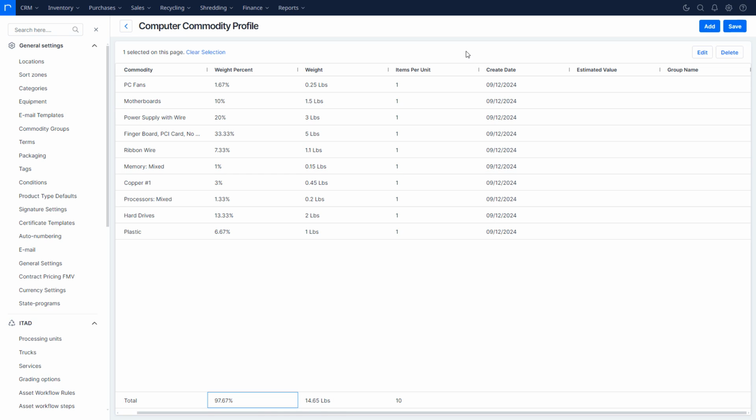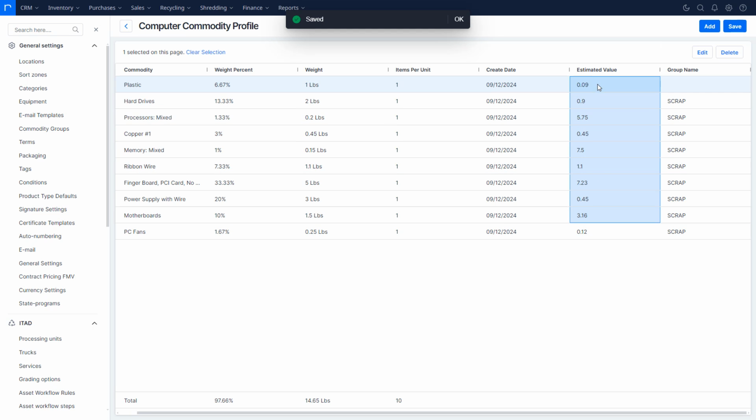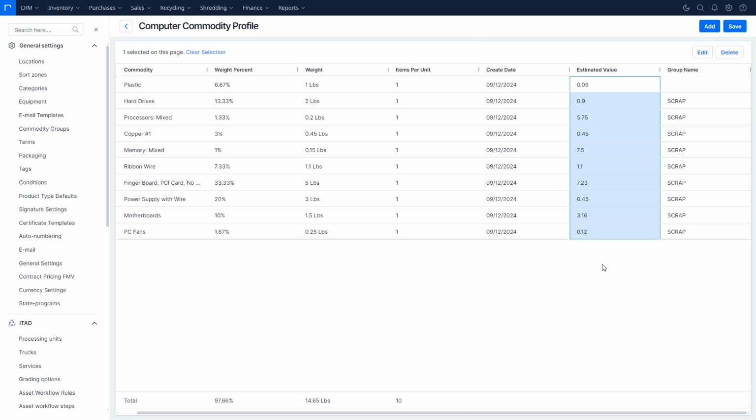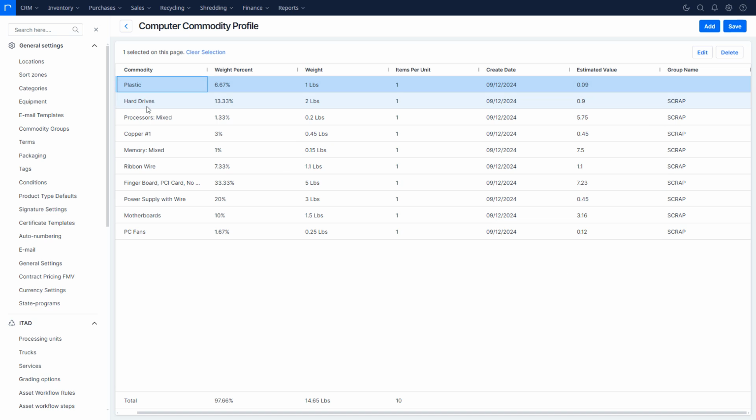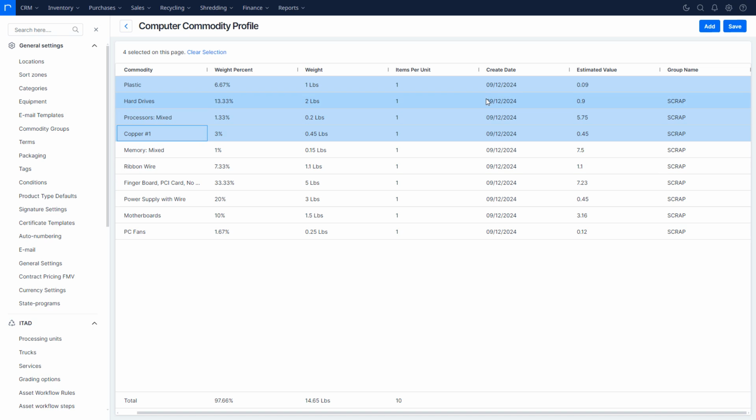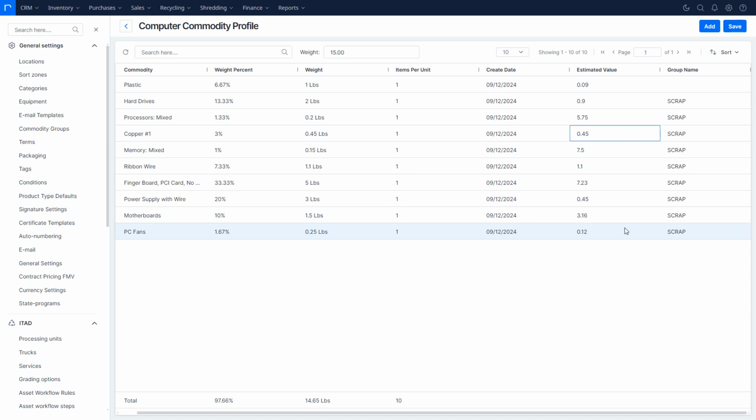So what this does is essentially give us the list of common commodities that we're going to sort into, plus it's going to add in the estimated values, which are very useful. Just to give you an example, if we buy a bunch of computers at varying prices and we put $1,000 into the sort area, and then we sort in the plastic, hard drives, processors, copper, based on these estimated values, we're going to be able to do a weighted cost distribution and allocate it to what those particular computers were sorted into, so we can have a very accurate